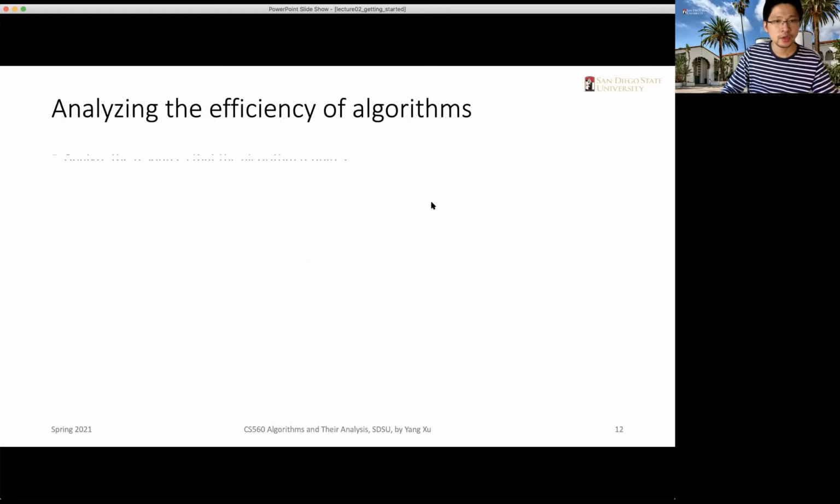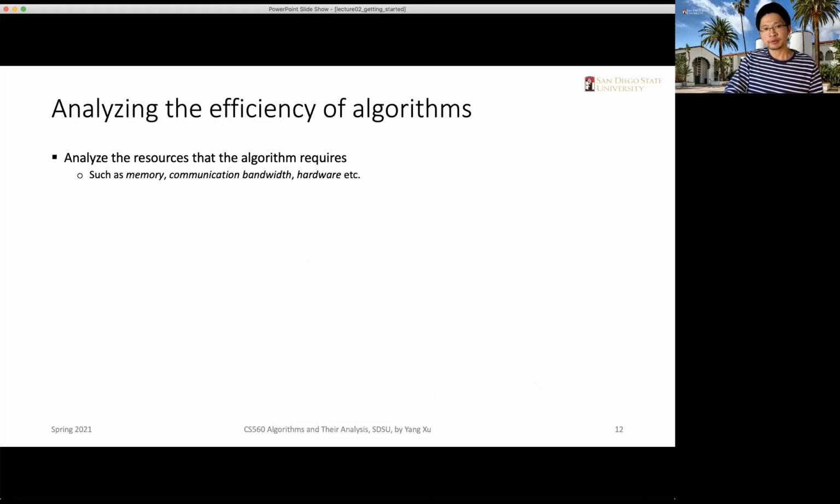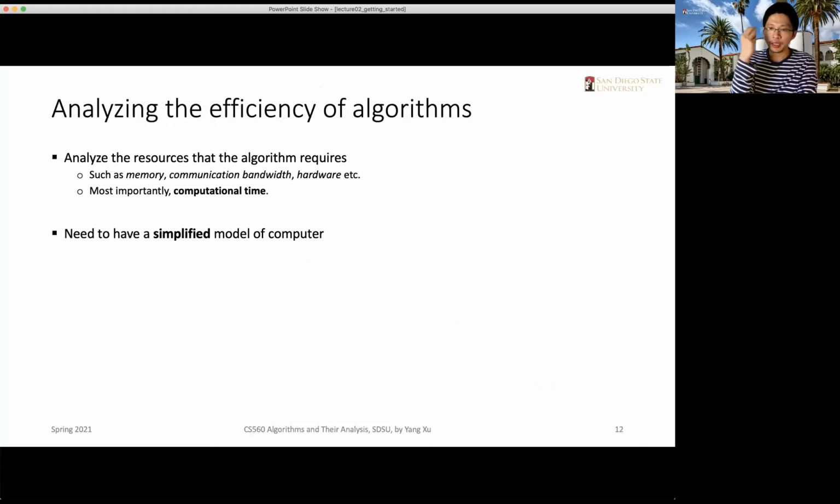Okay, so let's look at the efficiency of an algorithm. We first need to lay out a bunch of definitions. In order to analyze the resources that an algorithm uses, we can think of memory, communication bandwidth, hardware, right? But most importantly, we care about computational time. In order to analyze the time, we need to have a model of a computer, and this model